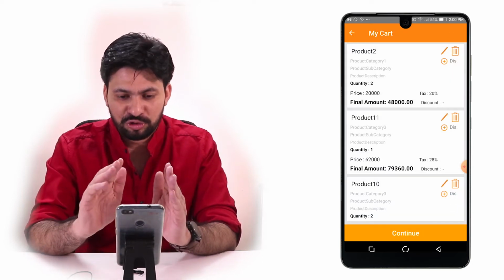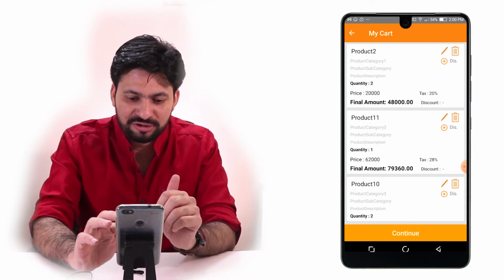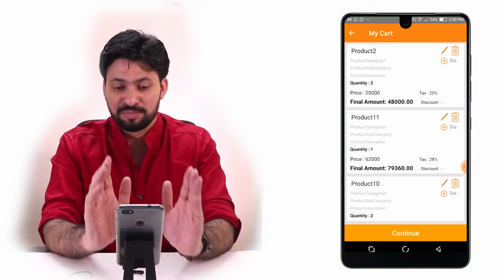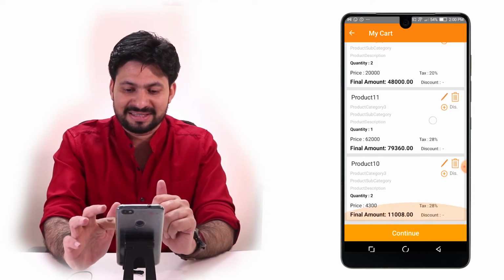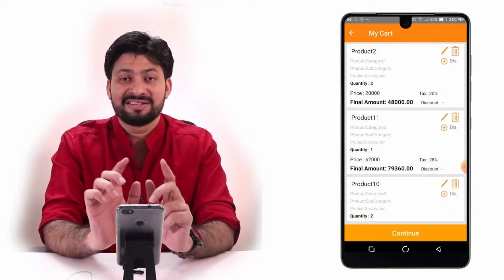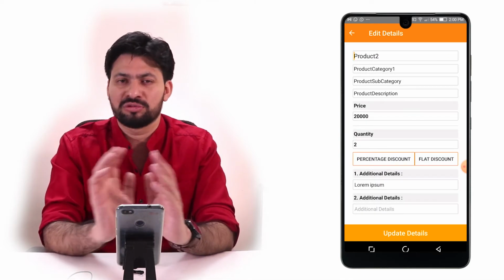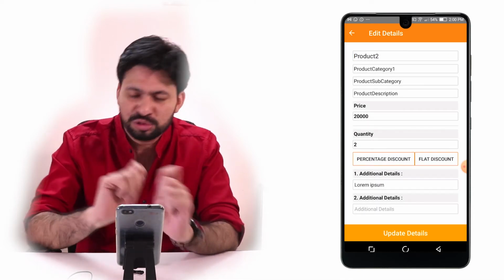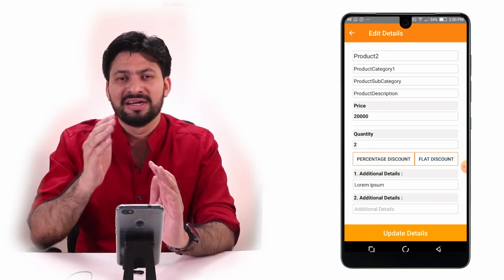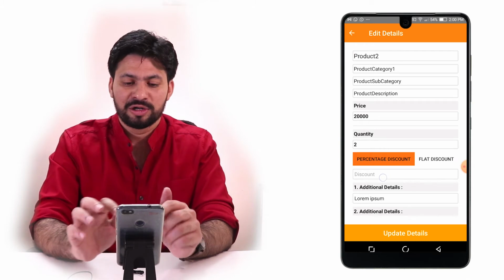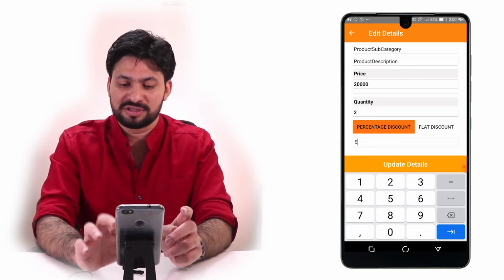Once you choose the cart icon, you are able to see all the different products that we just added into the system at one place. Now, the beautiful part is you can see there are taxes that we have given here, and at the same time, you can add individual product based discounts. So in case you are negotiating with the customer and you want to add individual product discounts, you can also do that, where we give you a facility to add discounts on the basis of percentages.